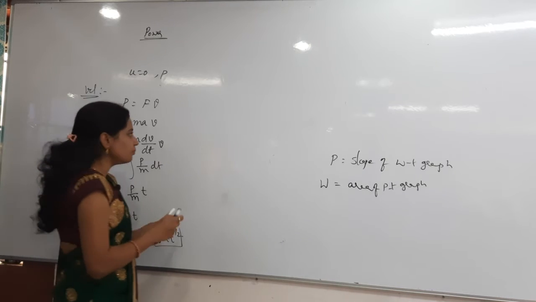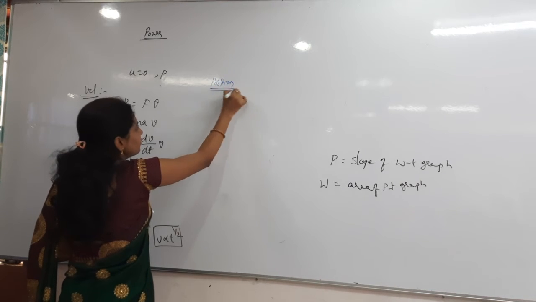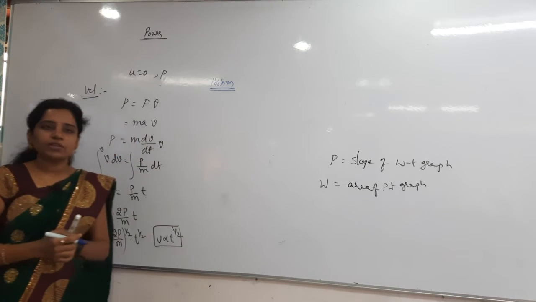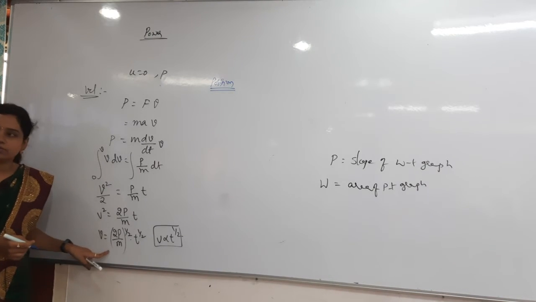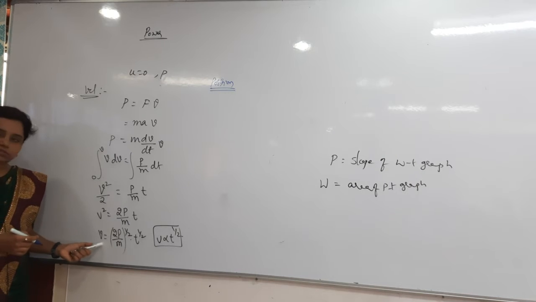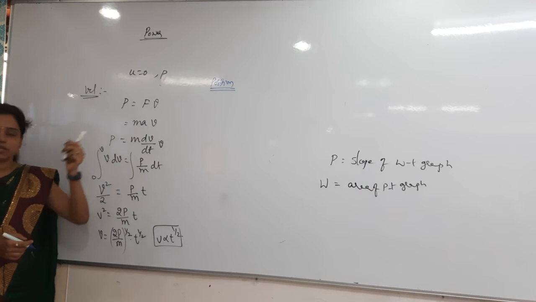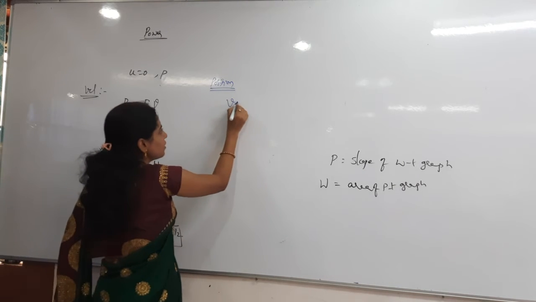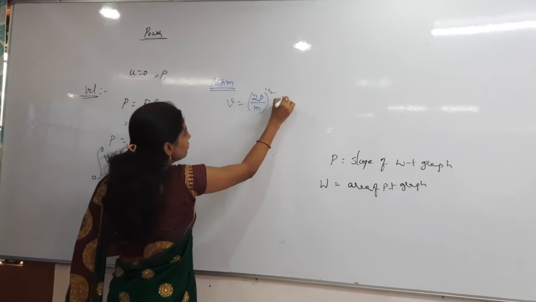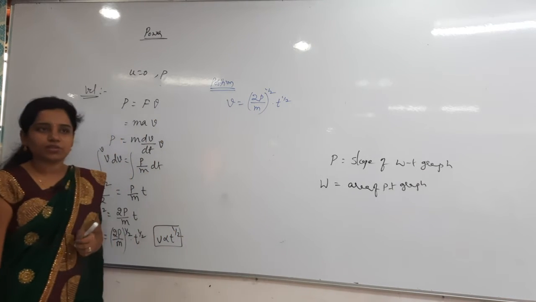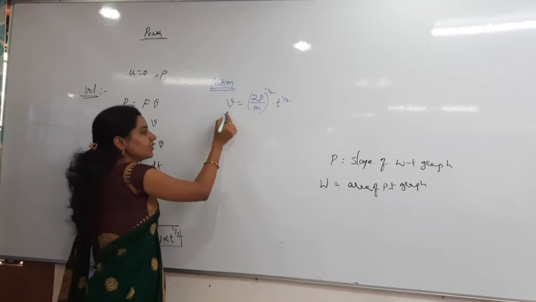Now they are talking about the position. Position or displacement: you have to find the relation between the position and time. For that purpose, what can we do? Can I use this one? Yes, very good. I can take this one and write ds by dt, so that I can get s. I said that I have to find out s only here. So V is equal to, what is the formula we got? (2P divided by m) whole power 1 by 2 and then t power 1 by 2. I am writing it separately, there is nothing else here, just to calculate properly. Velocity is nothing but what?